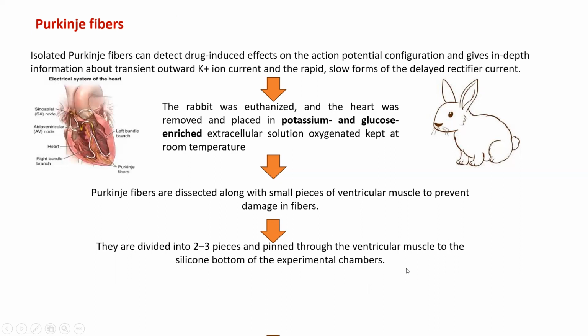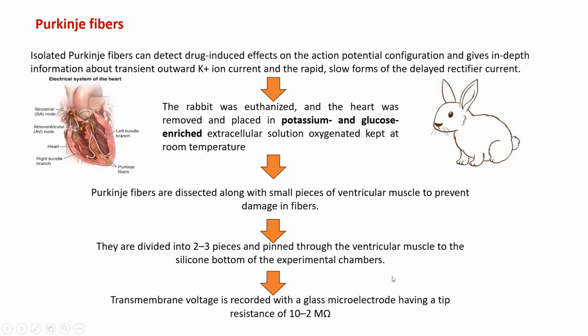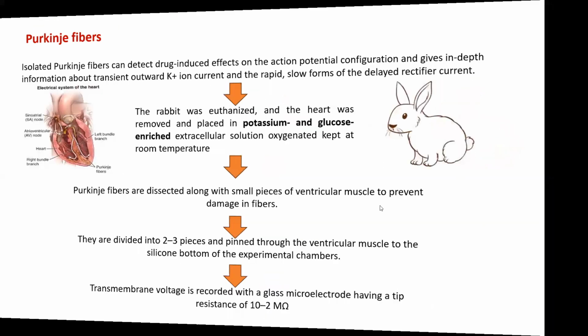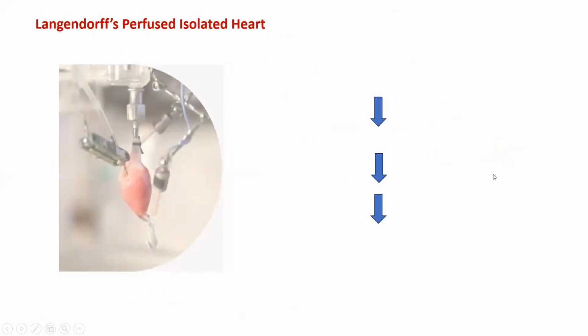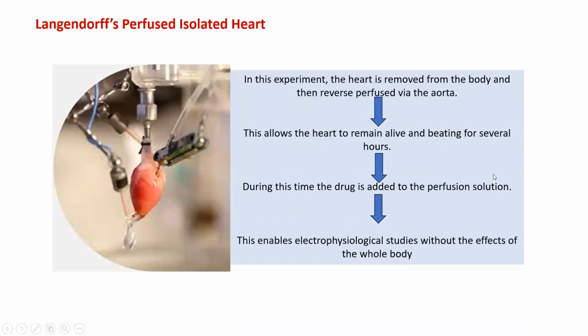bottom of the experimental chamber, and the transmembrane voltage is recorded with a glass microelectrode having a tip resistance of 10 to 2 milliampere. So by using this technique, one can also find out the hERG expression or potassium channel currents by Purkinje fiber. Next technique is the Langendorff perfused